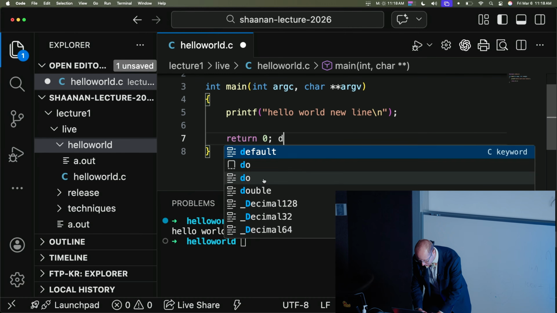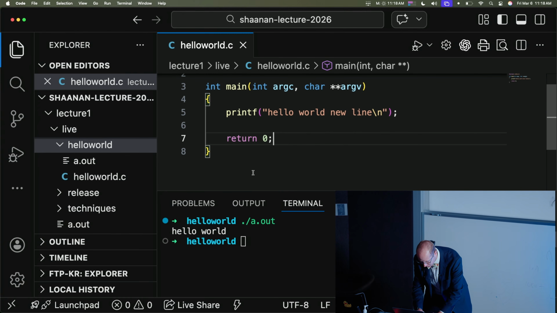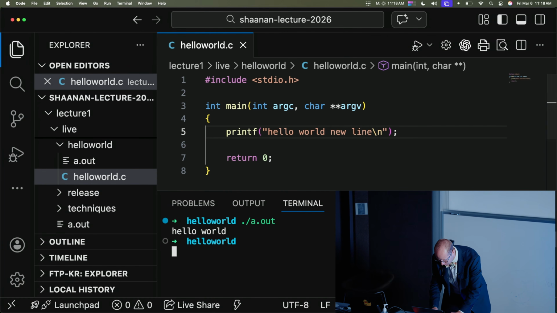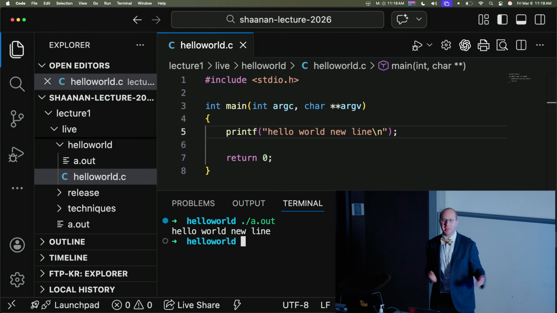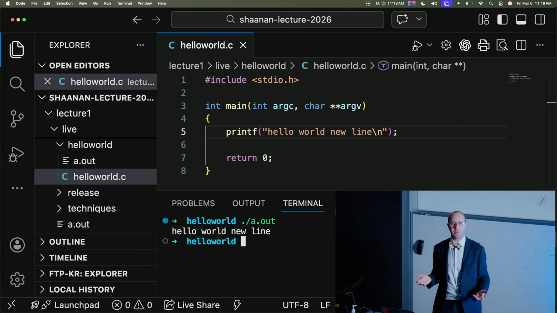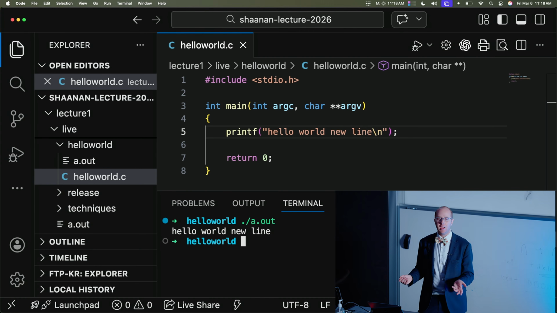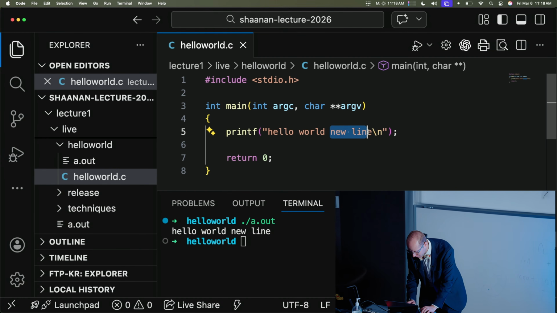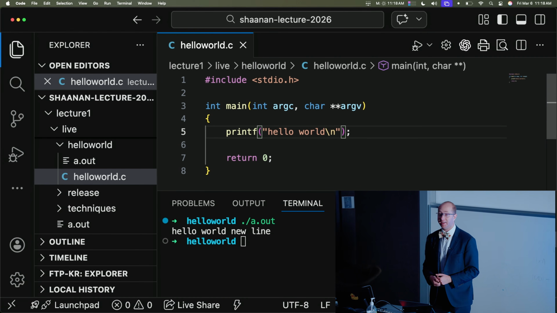Oh, did I not save it? Hello world. Let's compile that. Hello world new line. So that doesn't work. So we need some way to tell the computer that we want it to produce a new line and not say the words new line. And so the way we do that is with this \n here.